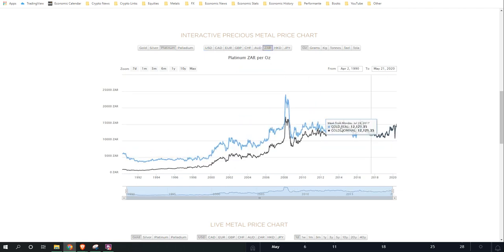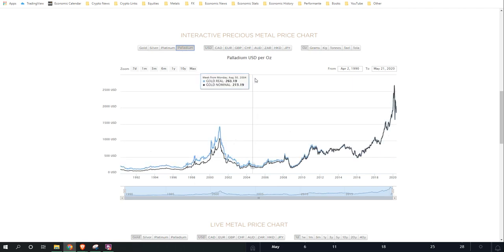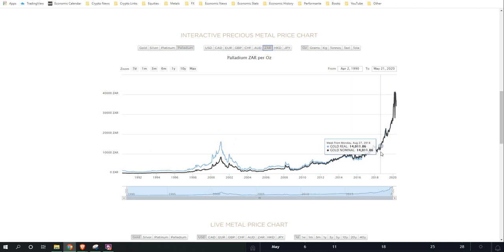South African rand's kind of midway, holding horizontally, whereas the United States dollar is moving down. So very different compared to these two different ones. Palladium, we're seeing a massive move to the upside. The South African rand should see even greater, and it definitely is. So you can play around with it. I've definitely looked at this,